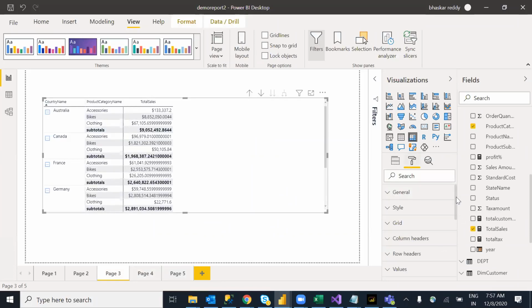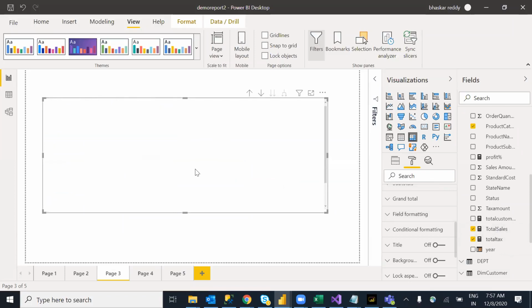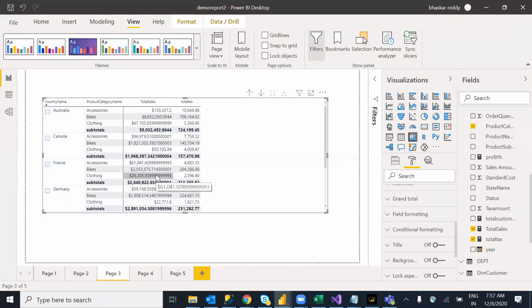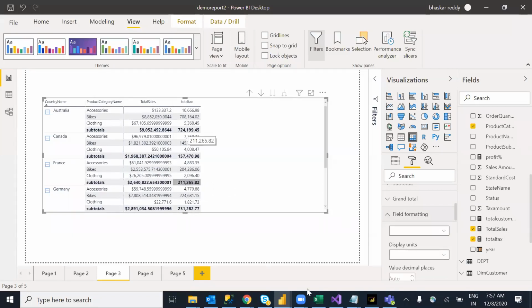Okay, then we will discuss values, rows, subtotals, grand totals. Same thing as it is, whatever we discussed yesterday: field formatting. Field formatting, in the sense, for example, I have total tax and all. With this one I want a single decimal, or this one I want to display in millions. Here I have a smaller number. This one I want to display in thousands.